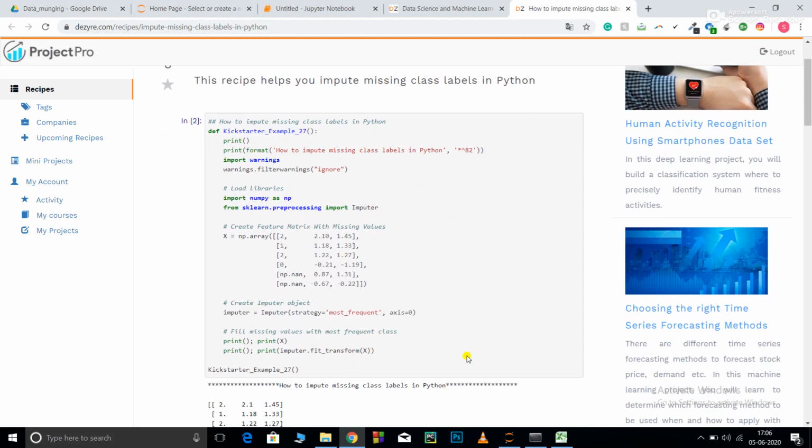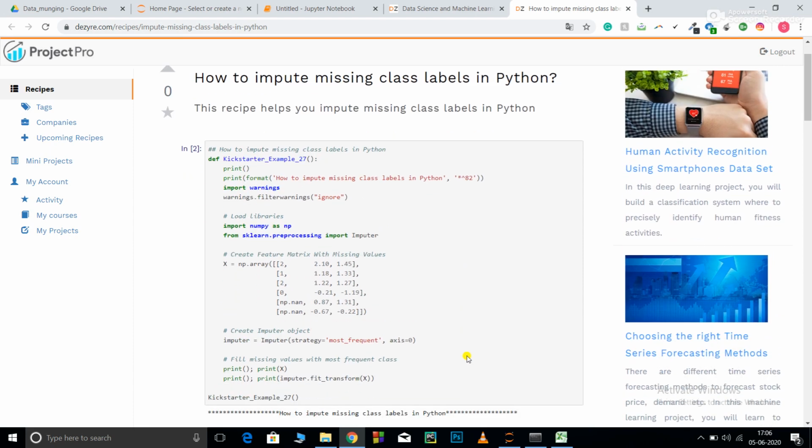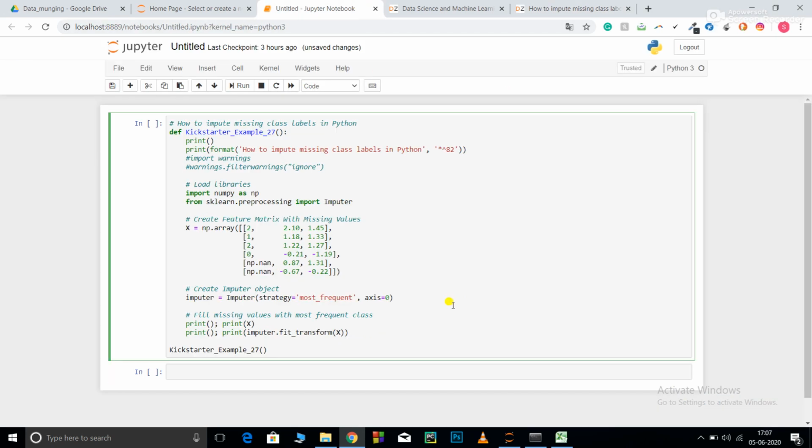In this video, we are going to learn how to impute missing data in Python. This is my code snippet over here. I have copied this code and pasted it in my Jupyter notebook. I'll explain the code to you as well as run this for you. So let's get started. While doing data analysis, the most important part is